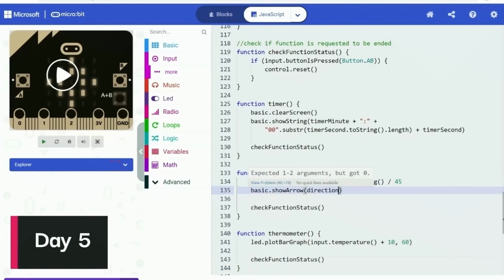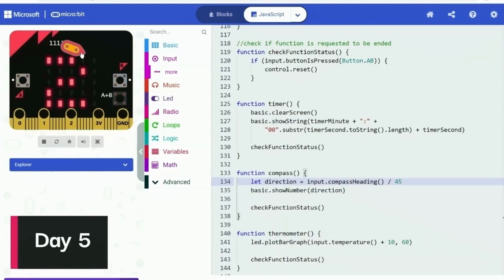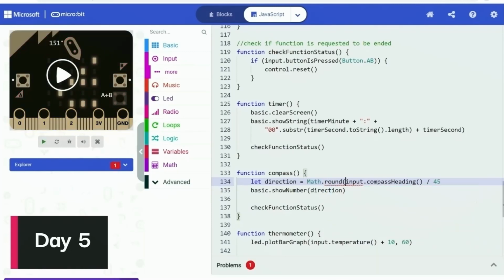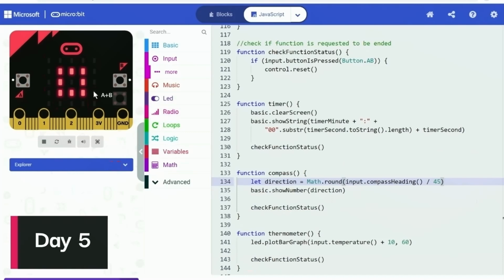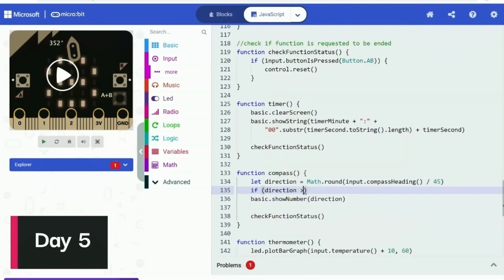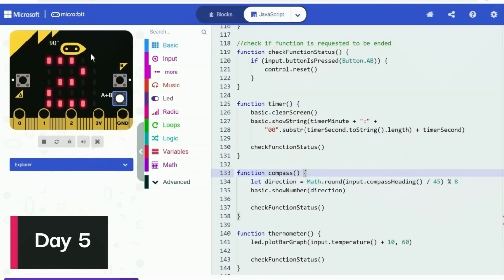With a tiny little bit of math, I can convert this degree number to a single-digit number from 0 to 7, since 8 is the number of the arrows I can use to display the direction, and 0 to 7 is exactly 8 numbers that I could use. After a bit of testing and some slight tweakings, I was able to get the board to correctly show the number based on the direction the north is. Now the first half of this function was done.